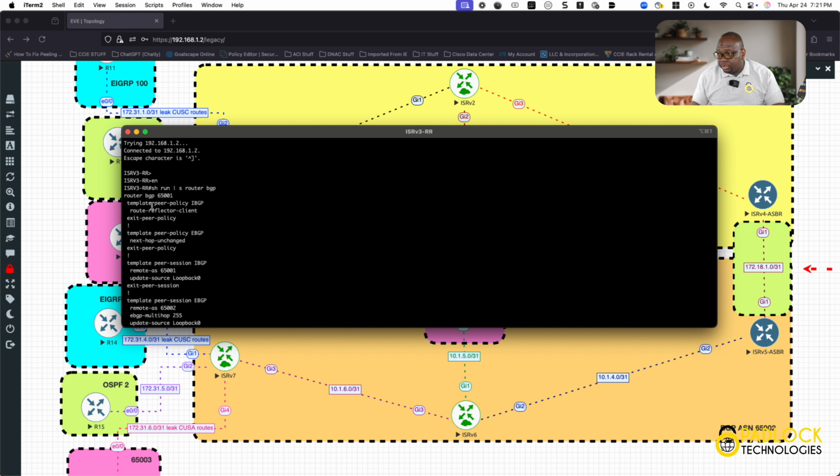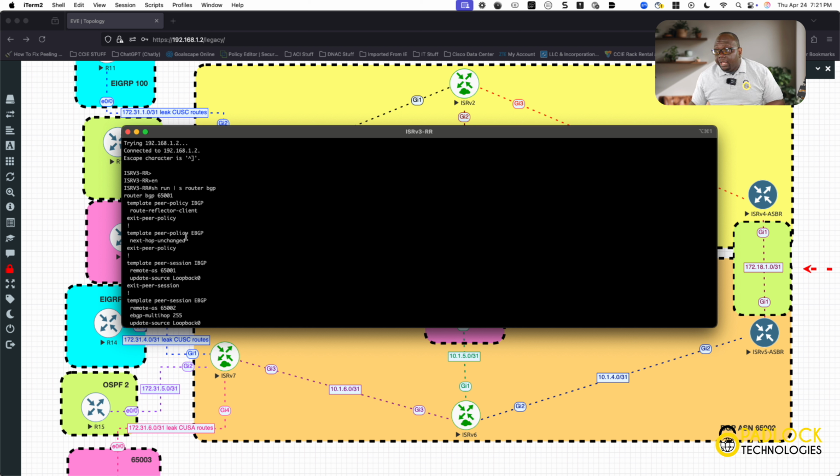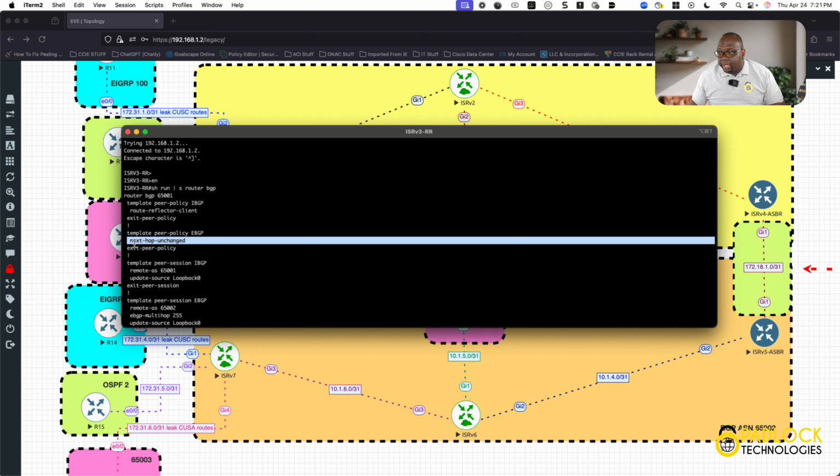reflector sees the topology. Then we have this eBGP pair policy, which is going to have the next hop unchanged command. What that's going to do is, when I advertise the route to the PEs in whatever service provider network, I am not going to change the next hop to me as the route reflector. I'm going to give it to you as, hey, you need to go to the other PE in the